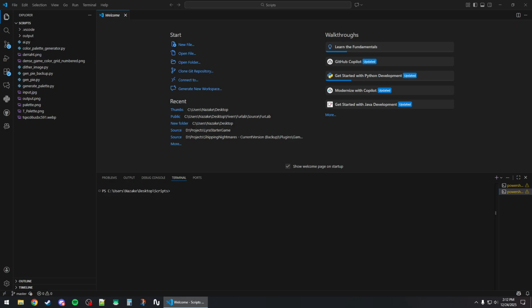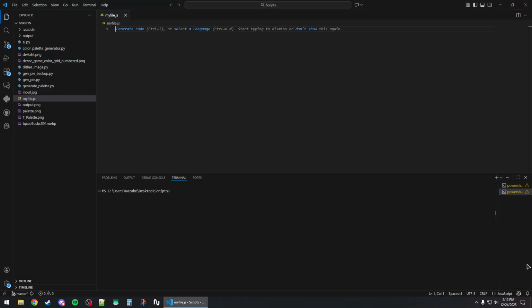How to install JavaScript in Visual Studio Code. So the first thing you will need to do to be able to run JavaScript, you will need to open